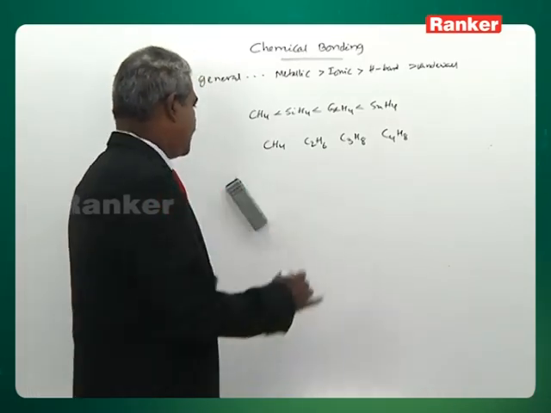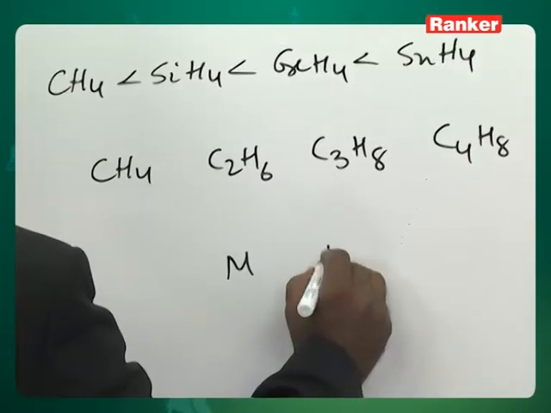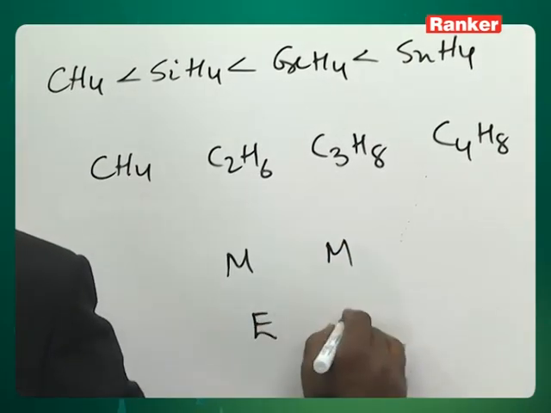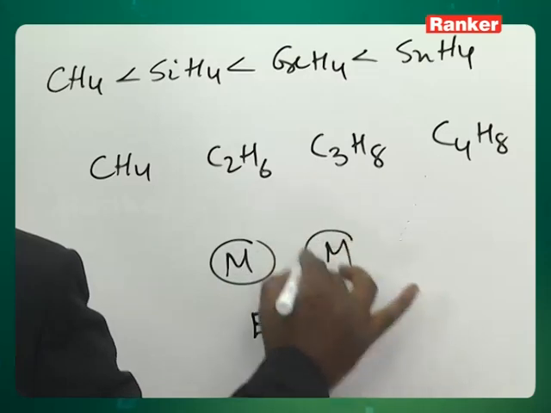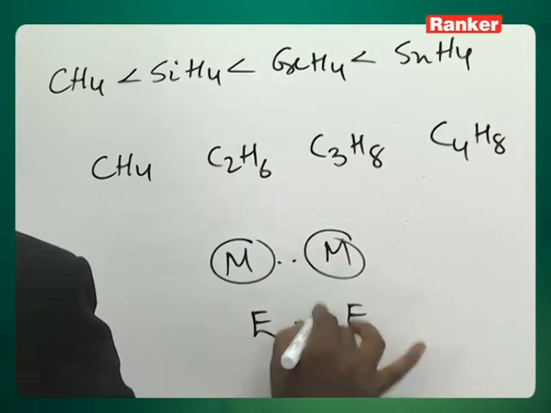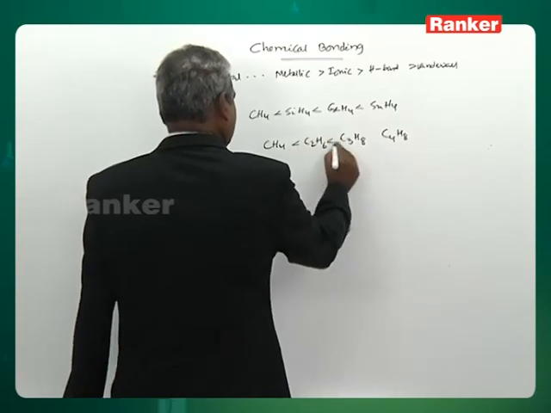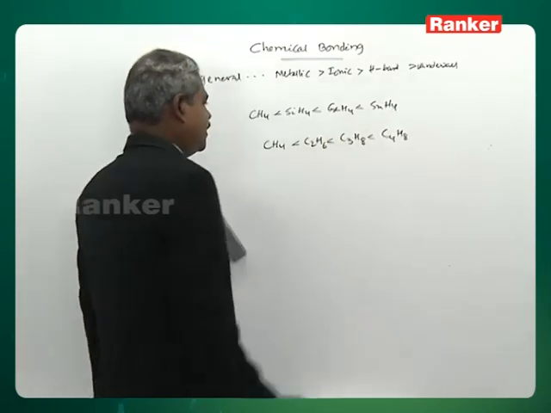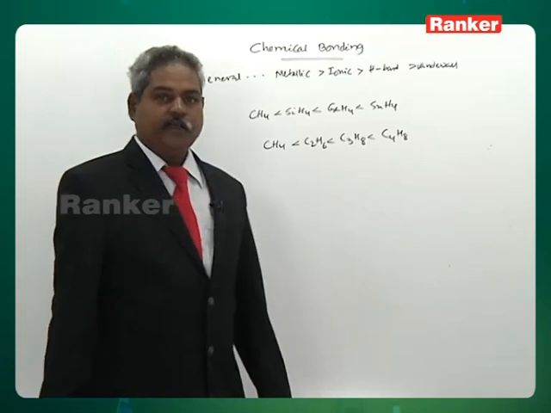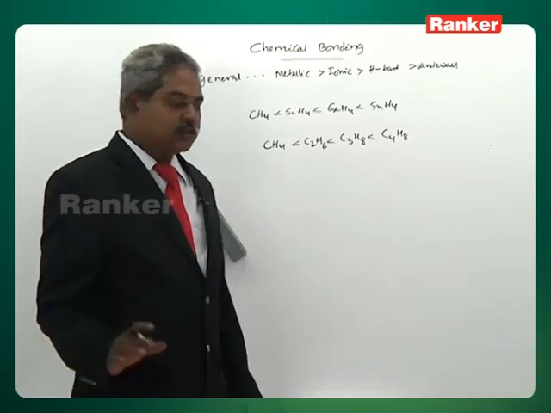Between methane and methane, and ethane and ethane. Methane, methane, ethane, ethane. What exists? Nothing. Nothing except van der Waals. Therefore, only mass. Greater the mass, greater the molecular weight, greater the boiling point. And a last